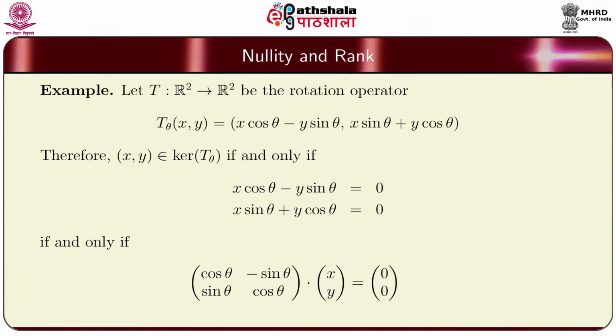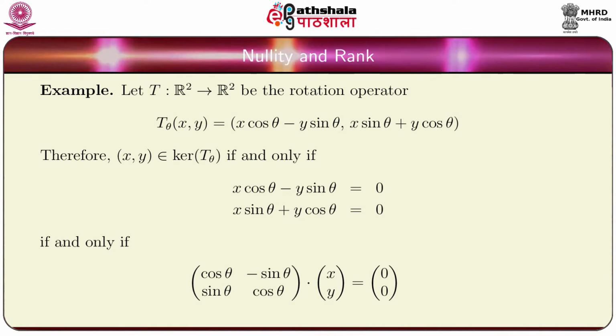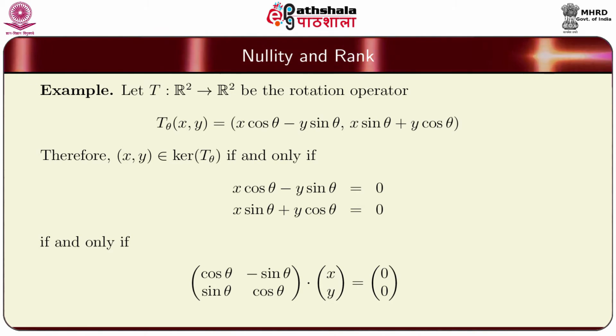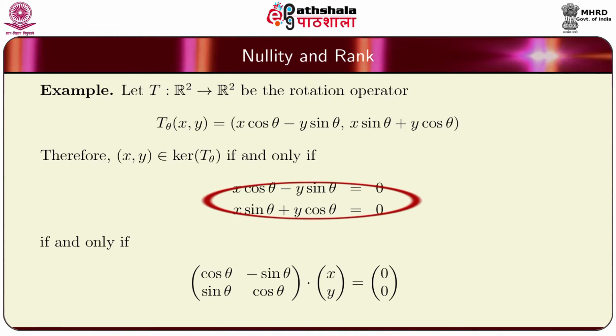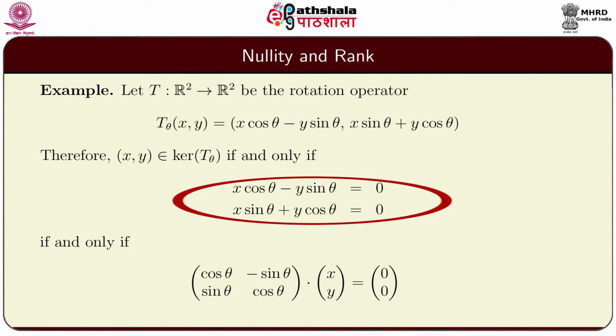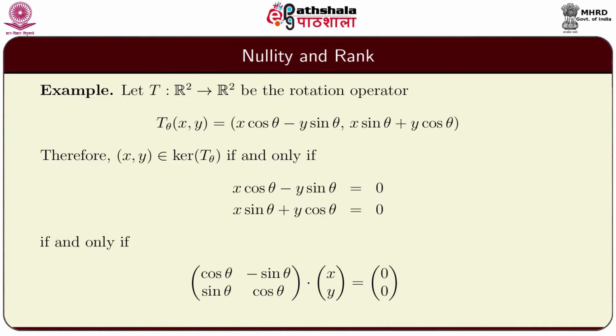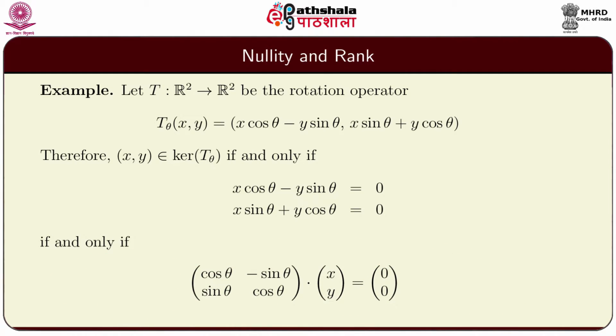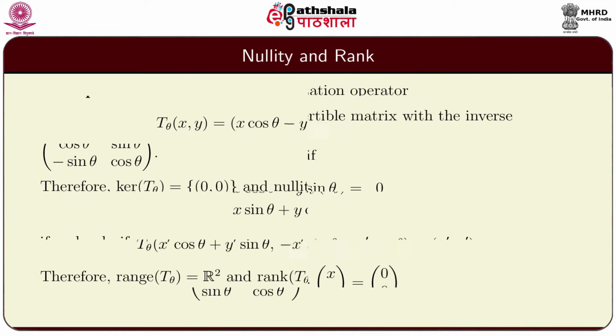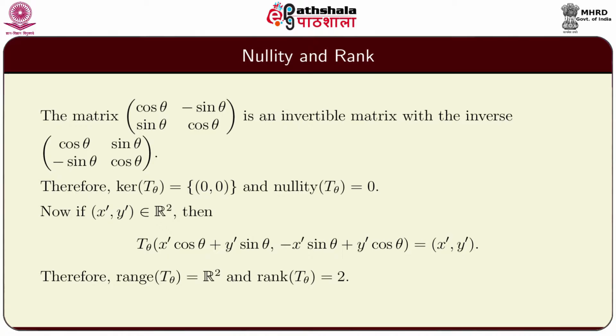Therefore, a vector (x, y) belongs to the kernel of T theta if and only if T theta of (x, y) is 0. That means x cosine theta minus y sin theta should be 0 and x sin theta plus y cosine theta should be 0 simultaneously, which can be written in matrix notation as the matrix cosine theta, minus sin theta, multiplied by (x, y) is (0, 0). Now, the matrix which represents the rotation operator,